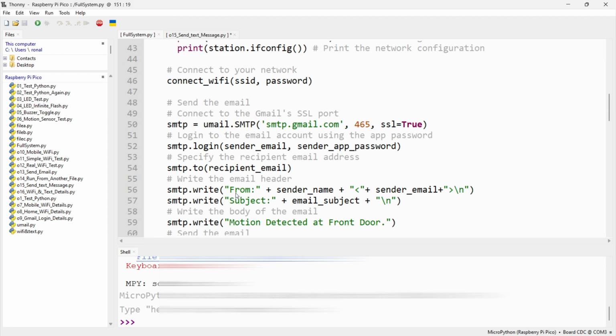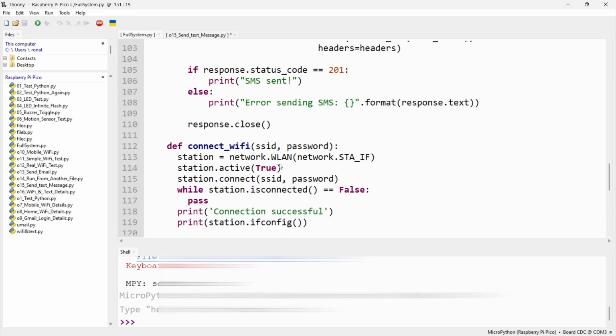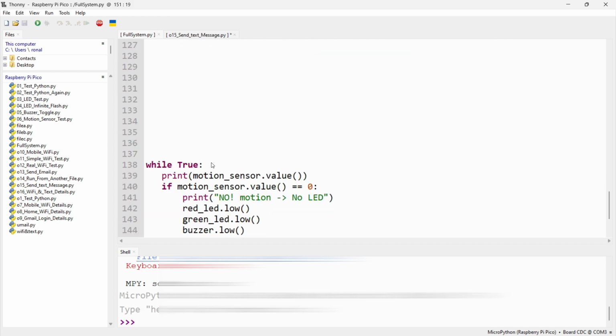The only thing I probably don't have is the switch. At this stage, I might do the switch at some point, but I'm going to leave it for now just to get the rest of the criteria finished. The switch is going to be really simple. What you have to do for the switch, you would have to put the switch at the top of the while true loop. So you could say while true,